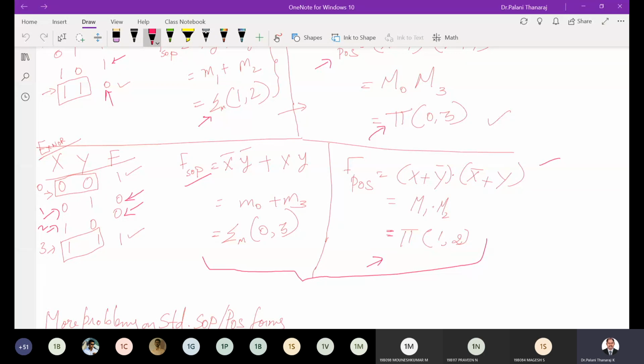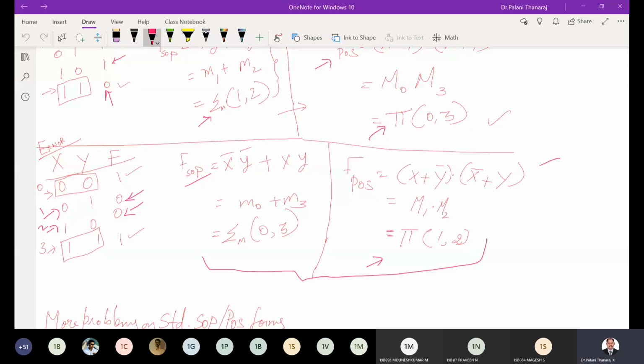If you try to take a coin, if one side is going to be your head, the other side has to be a tail, right? They are mutually exclusive. Likewise, if you try to see a truth table, if you have a set of ones, the remaining has to be a set of zeros, right? Because it's a binary logic. So if I have certain elements for SOP, the remaining has to be POS.